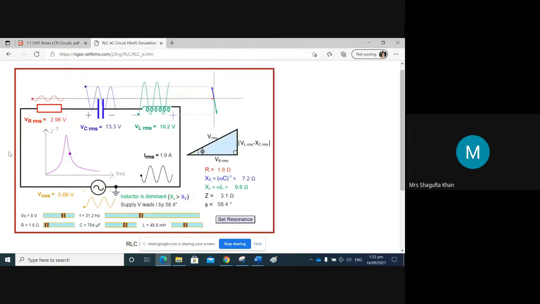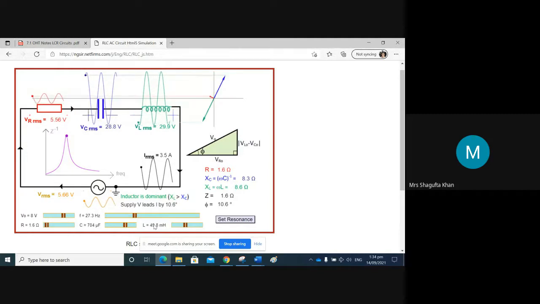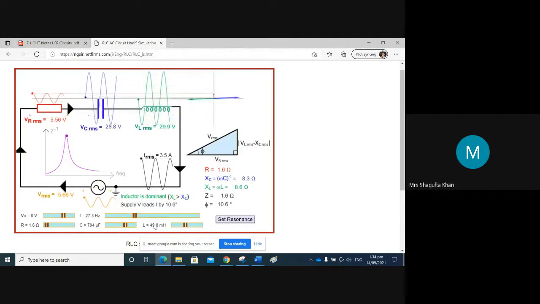Because now XL is more. You can see that XL is more than XC. So we need to decrease it. So we need to decrease the frequency. So, okay, we now need to decrease the frequency, and by decreasing the frequency, it has reached the resonance again. So you can play with these different things, but overall, what we are saying is that resonance happens when